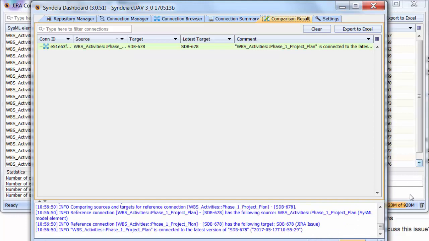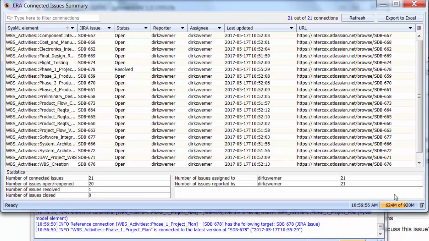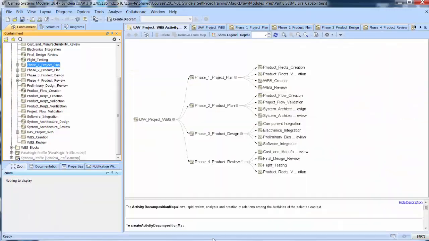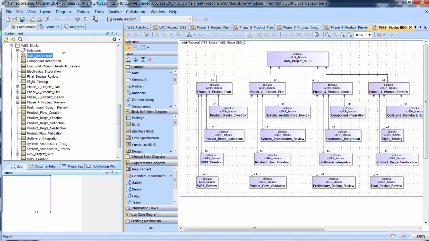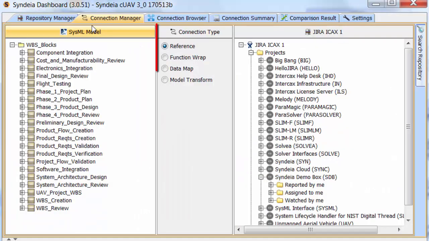Finally, we can use the Model Transform connection to combine the features of reference and data map. Also in this SysML model, we have created the same WBS structure as a block structure, with the JIRA issue stereotype already applied to each block. In the Syndeia Connection Manager, we will select the Model Transform connection